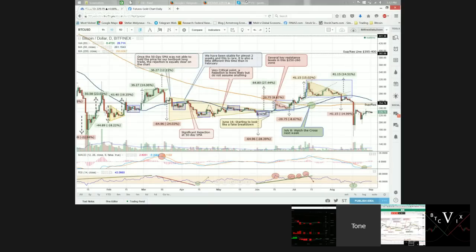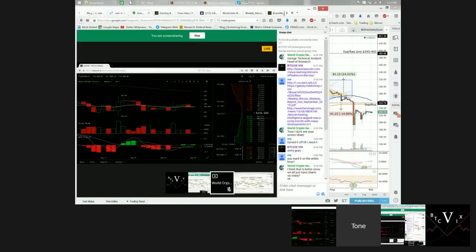And right now, we're looking at a situation where Bitfinex has made a higher low last week versus 2 weeks ago, while most other exchanges, most notably of which is Bitstamp, have made a lower low since 2 weeks ago. And that puts a trader in a bit of a bind. That is not something I've seen in any other market, because most of the markets only really have one price to go by.